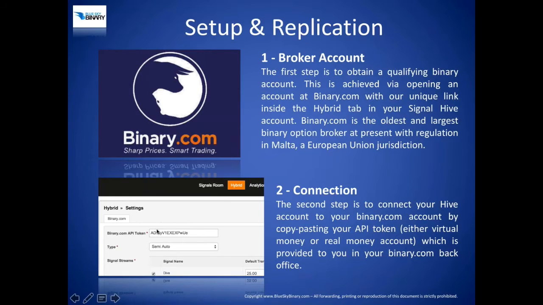Now, the connection itself is pretty easy. We advise on it as well. You can contact us in the tech support room inside the Hive chat, but I'll let you know here. Basically, in your binary.com account, both for your virtual account and your real money account, you have an API token, all right? And this is this alphanumeric code here, and you simply copy it and you paste it inside the binary.com API token window here inside the hybrid. Okay, so you go to your account, your settings in binary.com, you copy that alphanumeric code and you paste it here. All right,